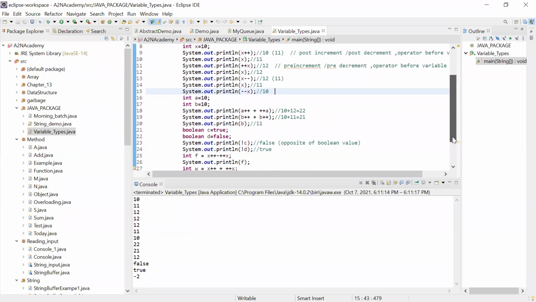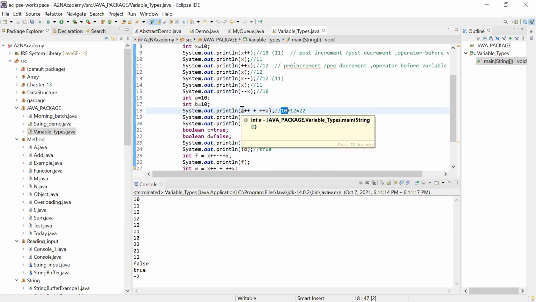So let's see here. Now here, A++, this is what? Post, right? So you are going to use the value of A first. So it is 10. Okay. Now, once you use this, you are going to increment it. So what will be the value of A now? The value of A will become 11. 11 plus pre-increment, you found it here. So pre-increment will make the value of A now 12.